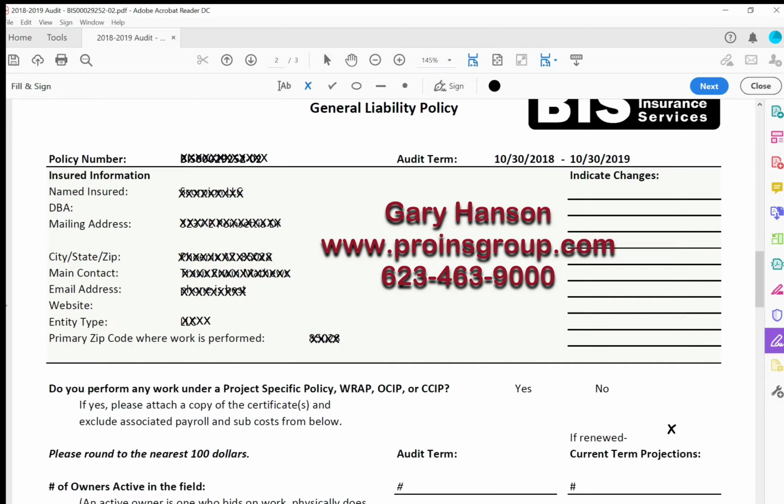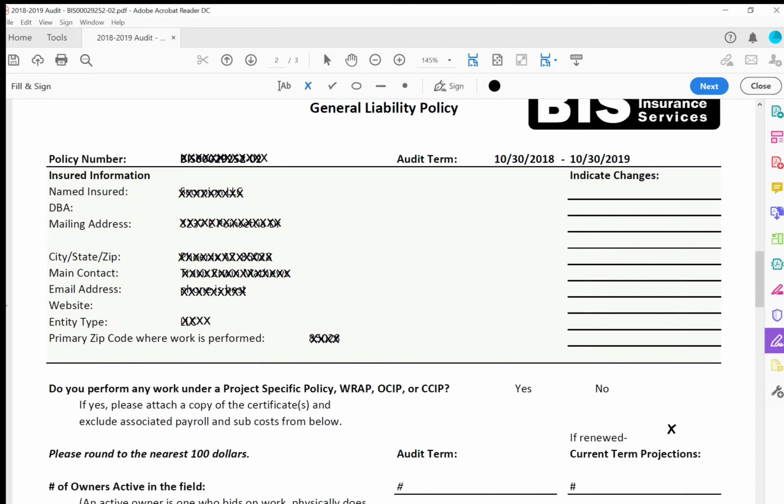Now, this one's kind of specific to a contractor, maybe even a general contractor, but it should give you a good guide as far as filling out these audits and making it very easy to do. If you have good record keeping in your office, that's the key to a successful audit. Really it boils down to having good records, having a good system of tracking certificates for subcontractors or contractors you're working with. If you have a good system, if you have good record keeping, these audits should literally take you maybe 20, 25 minutes to get done.